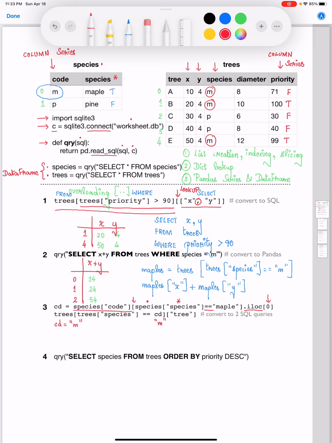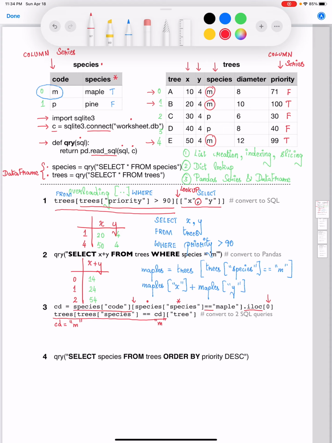We are applying Boolean indexing. The part which I am highlighting right now is the part about the Boolean indexing, where we are going to say trees of species equal to cd. That's going to enable us to retrieve the matching rows, which is going to be part of the subset data frame. The rows are going to have index of 0, 1 and 4, similar to what we saw with query